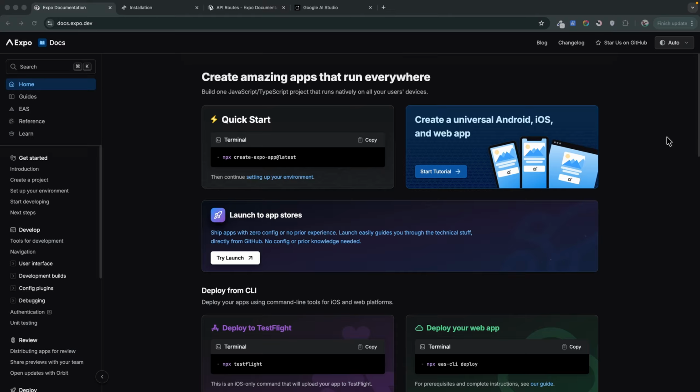So by the end of this video, you'll learn how we can use the Gemini API to generate creative content and how we can connect the image generation APIs to bring your story to life visually. So without further wasting any more time, let me show you what I've done so far and what you need to build. So I've already created an Expo application, and if you need to create an Expo application, just simply